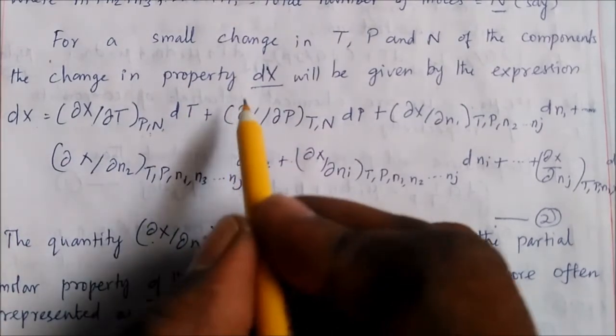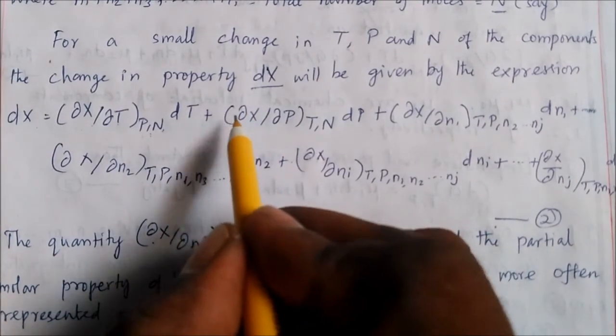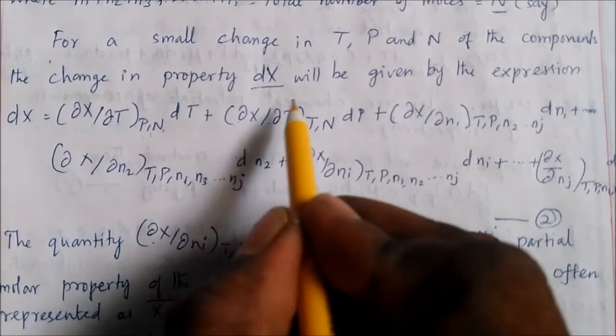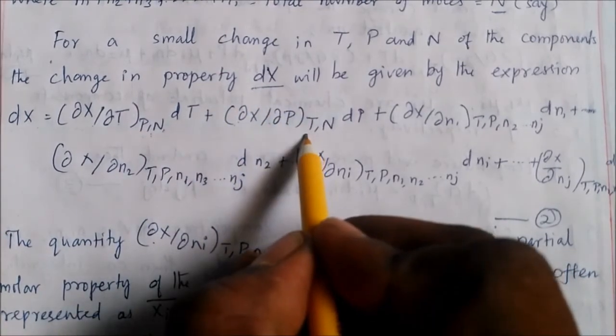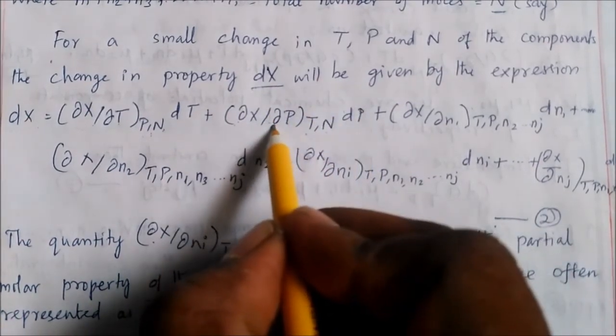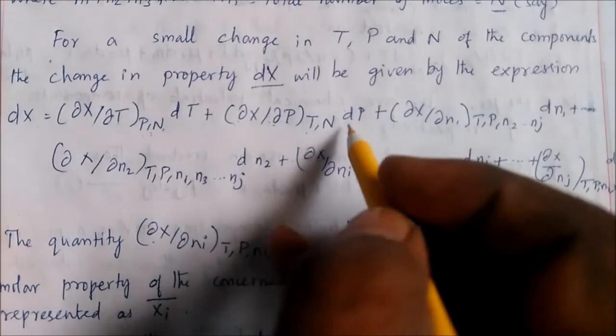Plus dou x, the change of the property x with respect to pressure at a constant temperature and number of moles into dP. Here we have dou P, so it should be indicated here dP. Plus